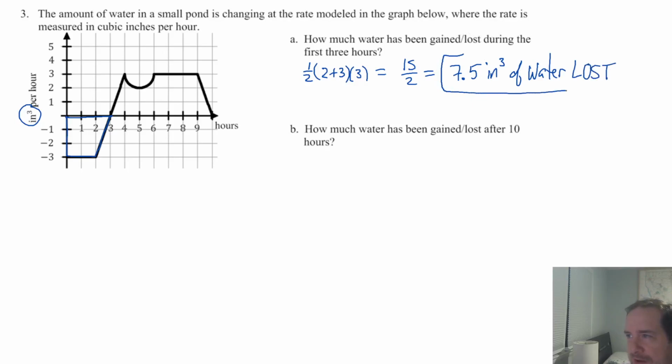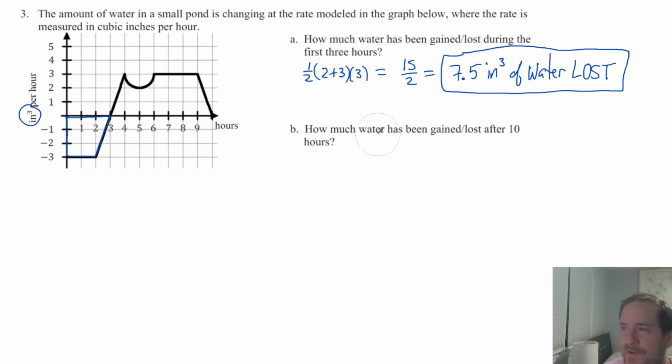So make sure that when you give your answer, you either give it as a negative or you make sure you stipulate that it's this much water that we have lost. You don't have to call it negative if you say that we've lost 7.5 cubic inches. If you don't want to say that we've lost it, if you just want to say blah blah blah cubic inches, then you better make that number negative. All right,